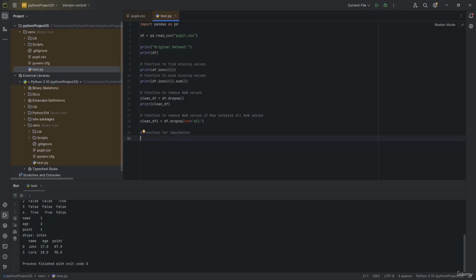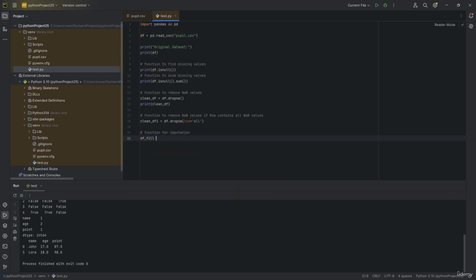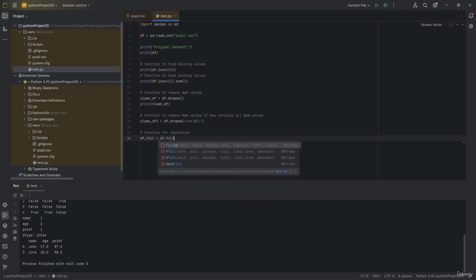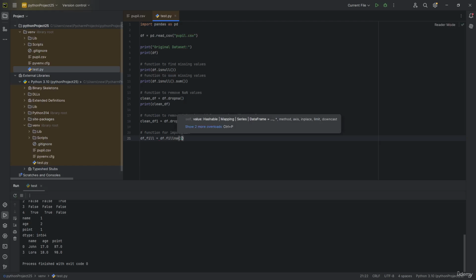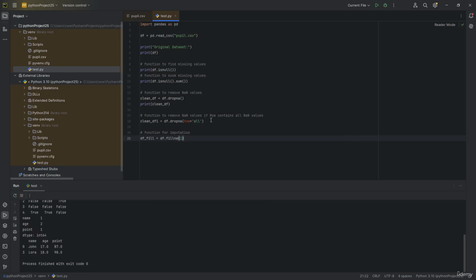Okay, what you want to do is put in, let's say, df_fill. This is going to be my variable, df.fillna. Now, what do you want to fill it with? Let's say I want to fill all the NaN values with 1. Run the program, and any of the data which is containing NaN